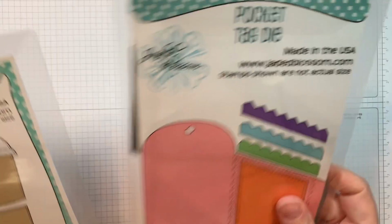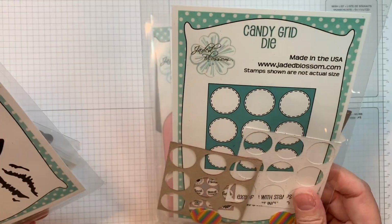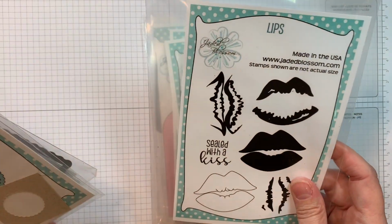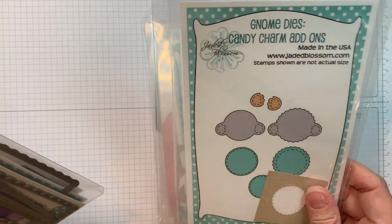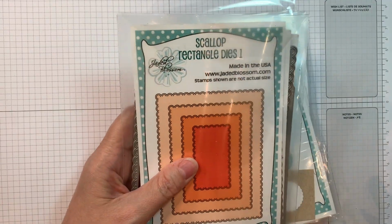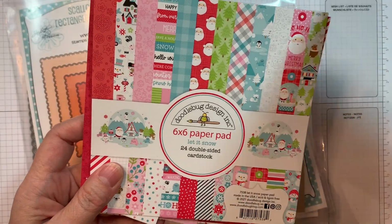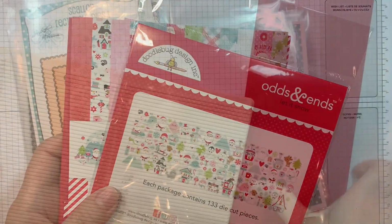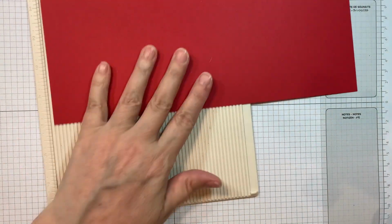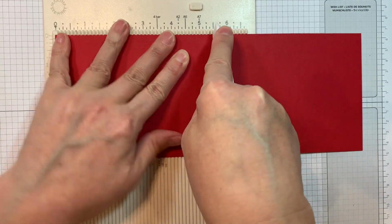Hey, so I'm using Jaded Blossom's pocket tag die, along with their coffee dies, their candy grid style dies, their lips stamp set, their Gnome dies, Candy Charms Add Ons, their rectangle dies, and their Scalloped Rectangle dies. I'm also using the brand new Christmas Candies grid style stamp set, along with Doodlebug's Let It Snow 6-inch pad and odds and ends. So I have a piece of paper tray ink pure poppy cardstock cut at 4.25 by